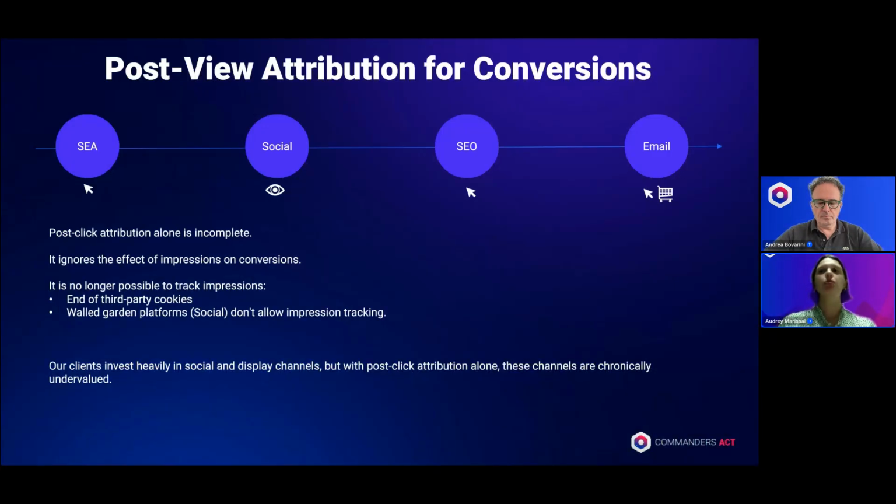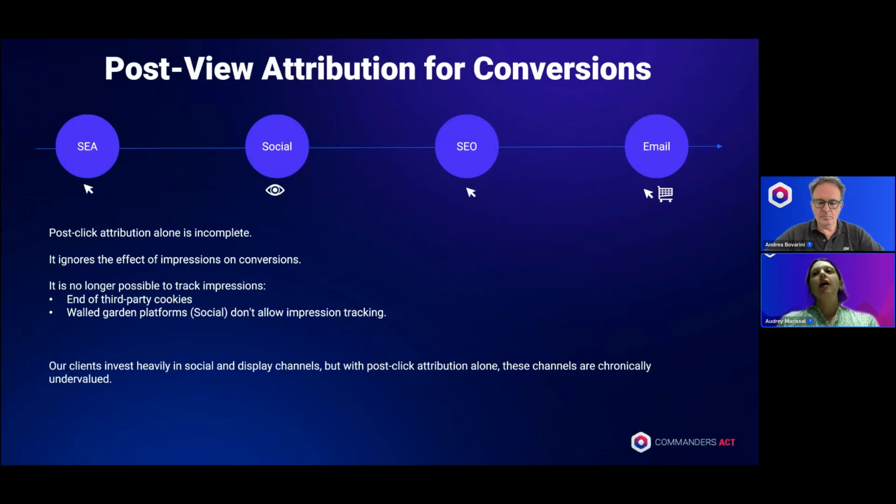But first, I wanted to give everyone a quick reminder of why post-view attribution is essential today. Post-click attribution only tells part of the story, as it completely ignores the impact of ad impressions on conversion.